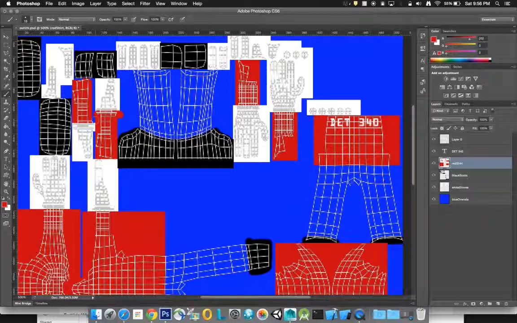We may be overcorrecting at this point, but I want to see where it's at. Okay, looks good. And we could do any number of other things in here, but we just want to clean